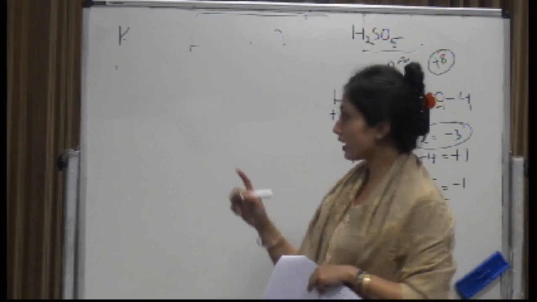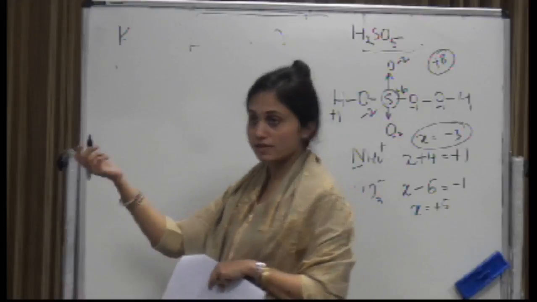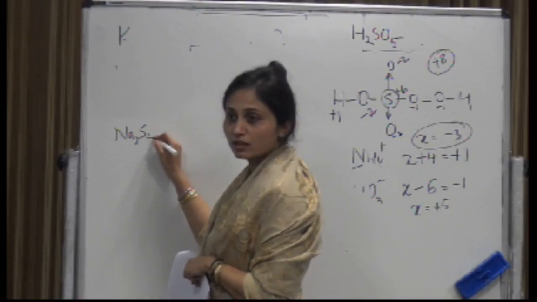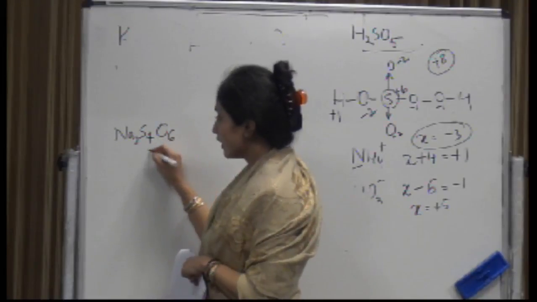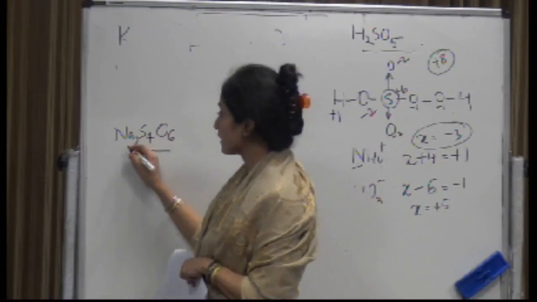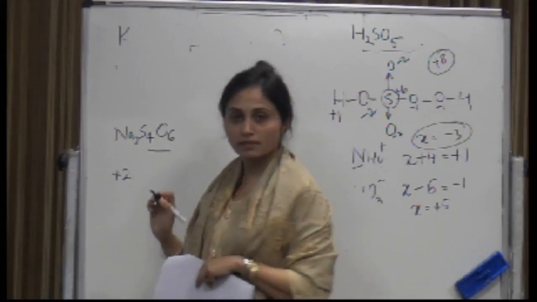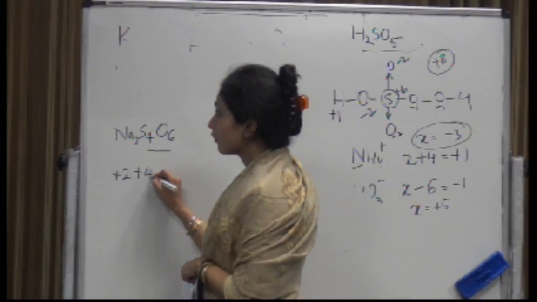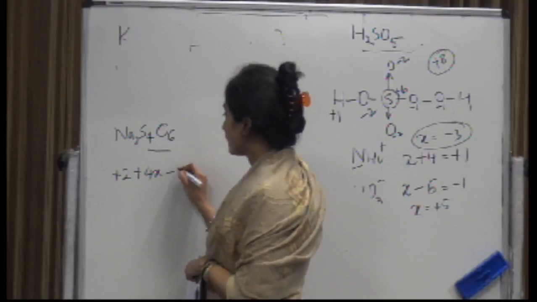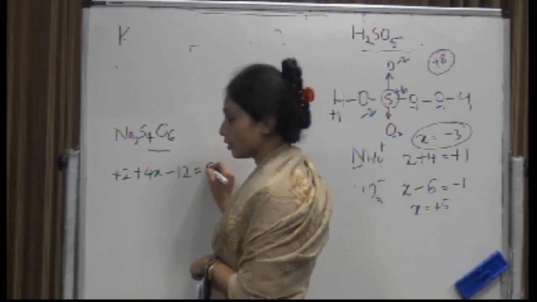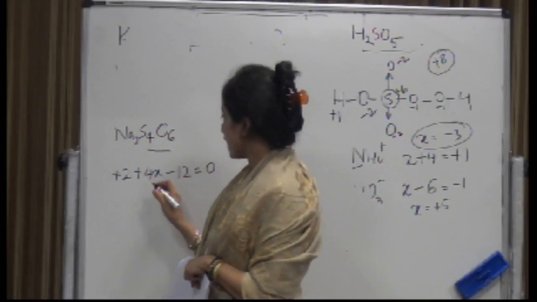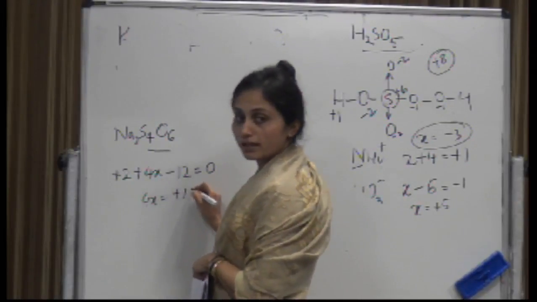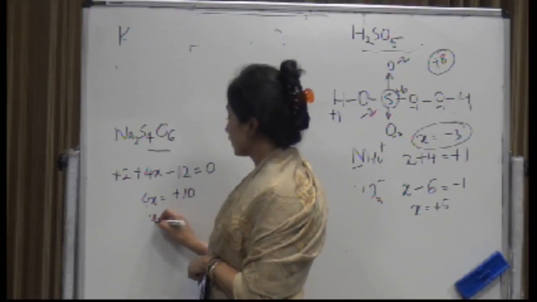ठीक है? और अगर आप if this question has come up from the same center which was asking for Na2, what was that? S4O6. इसको normal rule से करोगे तो ये ठीक आएगा, because Na is always in +1 oxidation state, group 1. So +2 plus 4x minus 12 is equal to 0. This is what it was. And then you had 4x is equal to plus 10 and x is equal to,